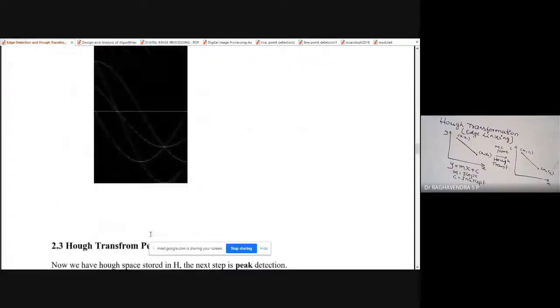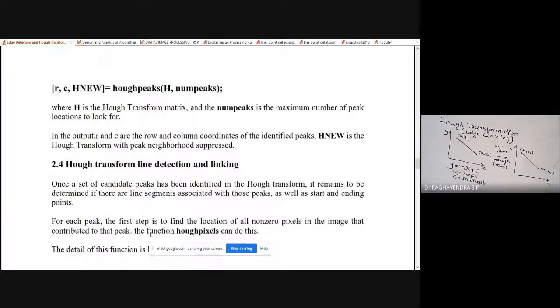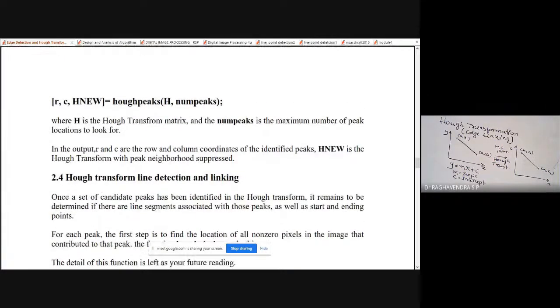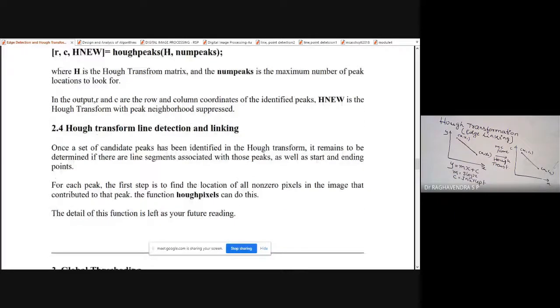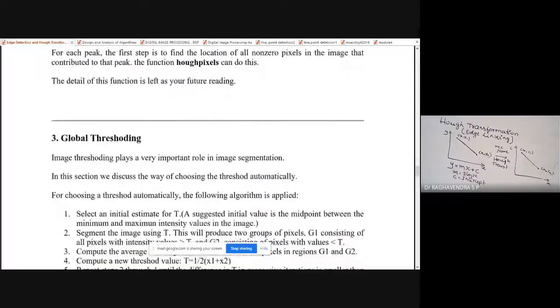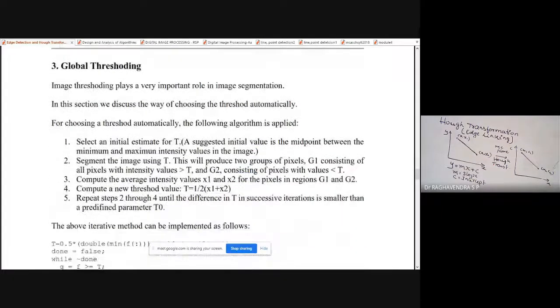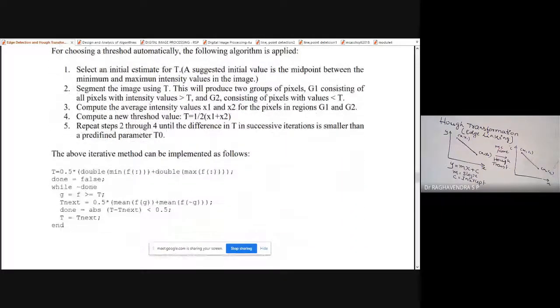So this is the output. Already we have time. Hough peaks means the highest values. Hough peaks is used to identify the highest value in the Hough transformation. The global thresholding, I have already explained just now. You can apply this code in order to find the segmented image using global thresholding.